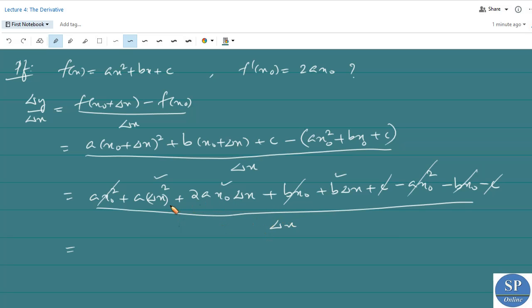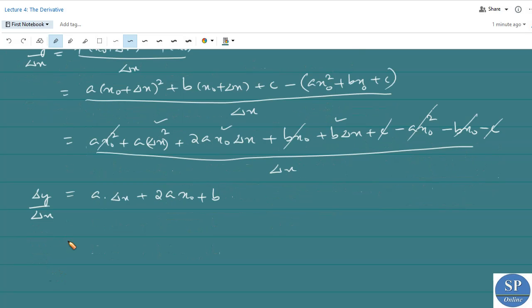So we can divide by delta x here. So we will get a into delta x plus 2a x naught plus b. Okay, so this is delta y by delta x, that is the difference quotient. So the derivative of f, f dash of x naught, the derivative of f at the point x naught, is nothing but the value of delta y by delta x